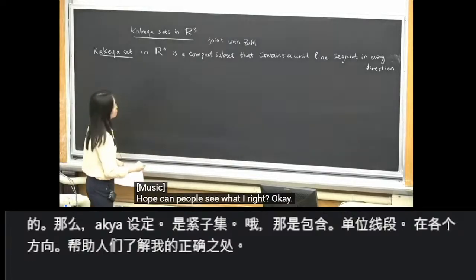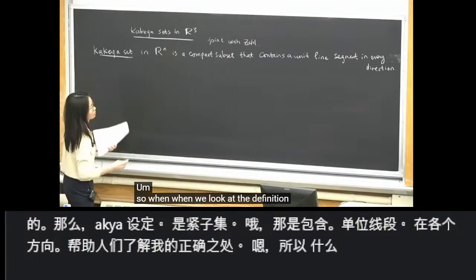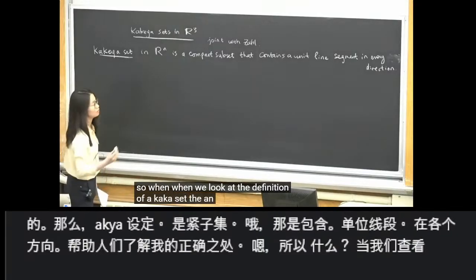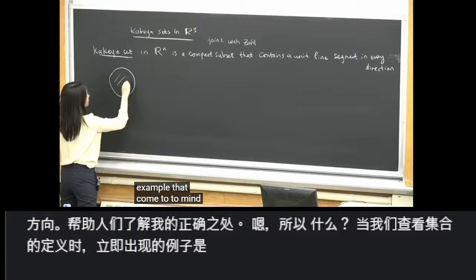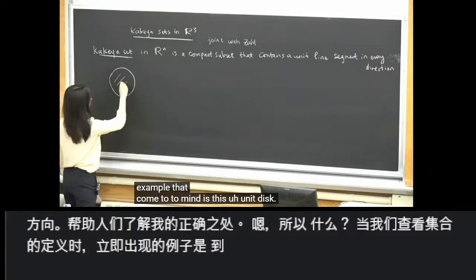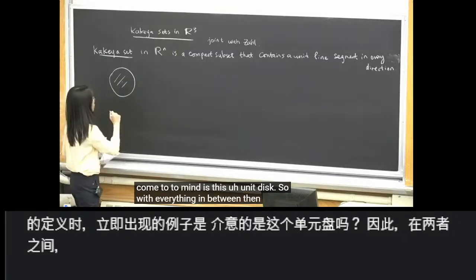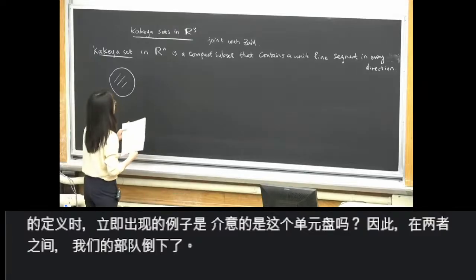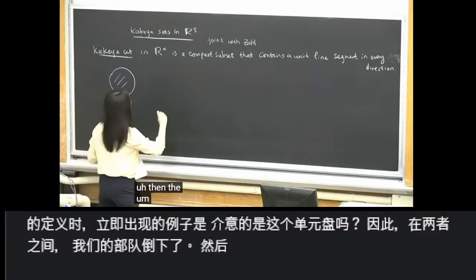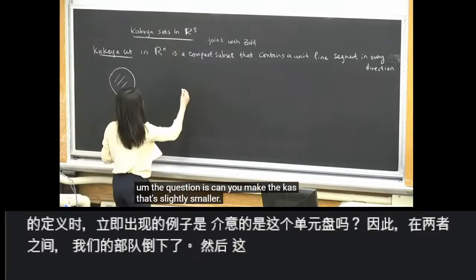Okay. So when we look at the definition of a Kakeya set, an immediate example that comes to mind is this unit disk, or the unit ball. Then the question is, can you make the Kakeya set slightly smaller? For instance,